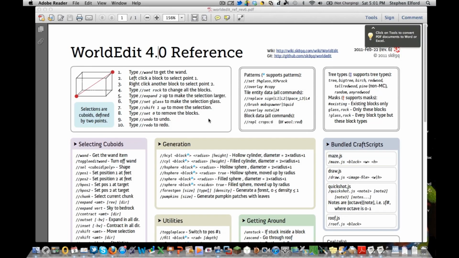This is going to be my attempt at a Worldedit tutorial. By all means, I am nowhere near an expert on what this particular server add-on can do, but I will run through some of the things I've done and used with it. This sheet that you're seeing right now is downloadable from the GitHub